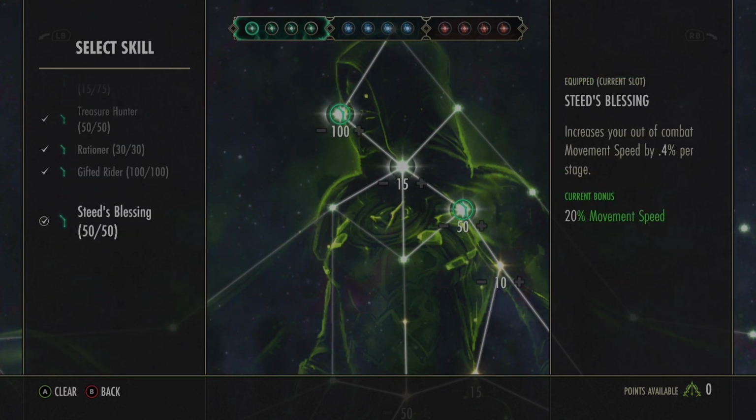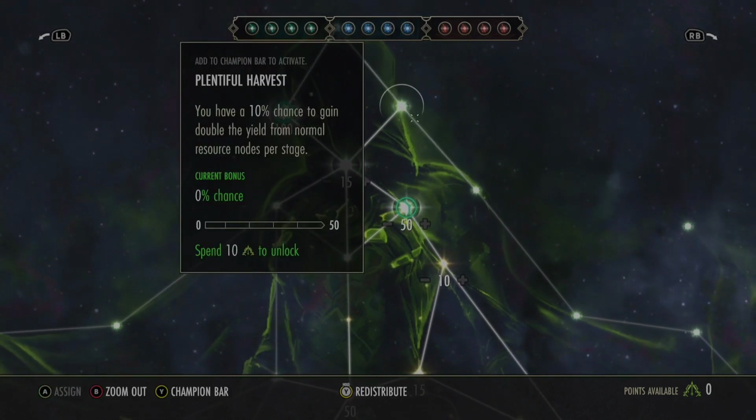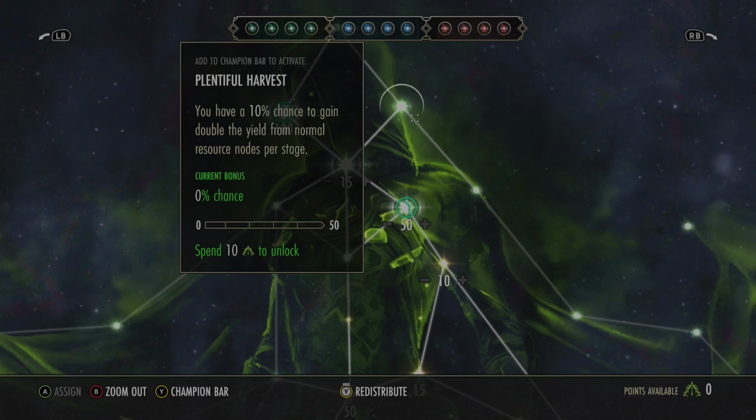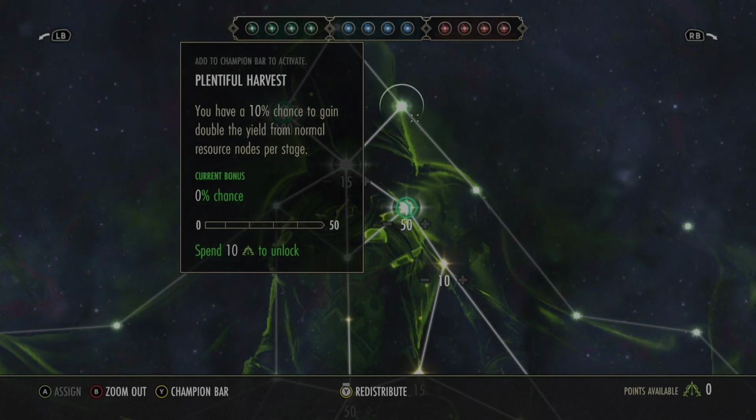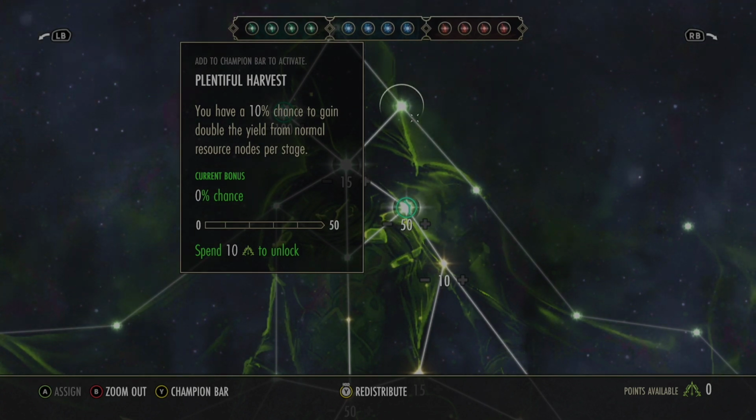Now, we just explained War Mount. Let's go down to the next one. We're going to go this way. Plentiful Harvest. You have a 10% chance to gain double the yield from normal resource nodes per stage. So what this means is, this is for all you crafters out there. When you harvest a node for resources, let's say a rubidite ore node, right? You have more of a chance to get double the amount you normally would if you put points into this skill right here. Now, each 10 champion points is equal to 10%,